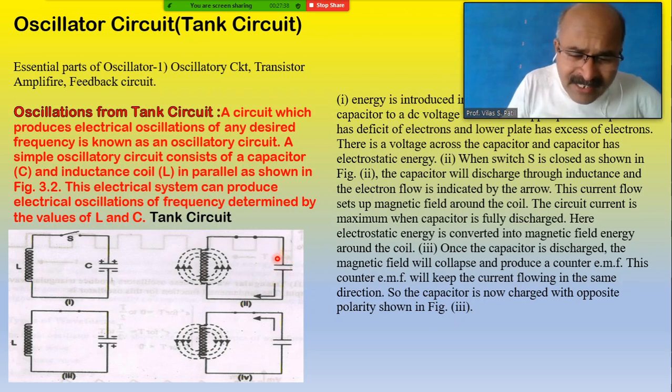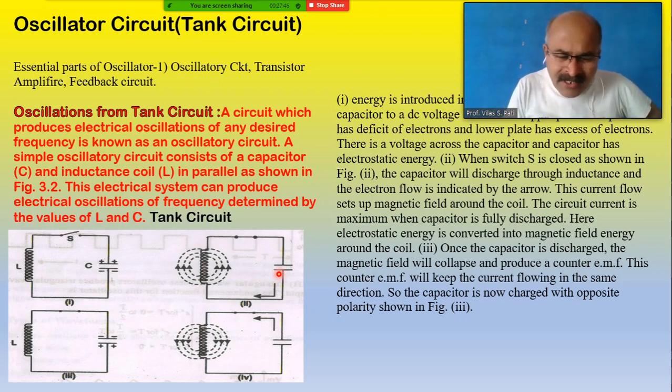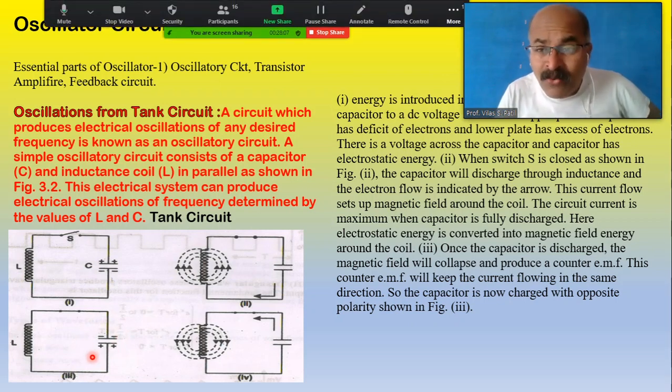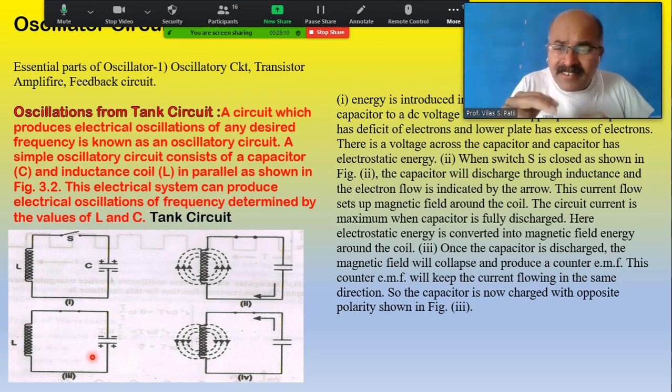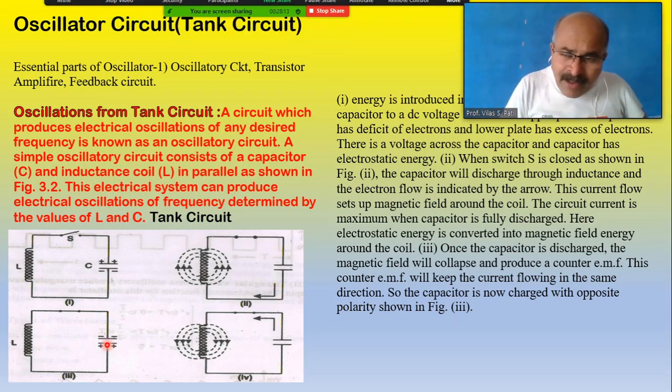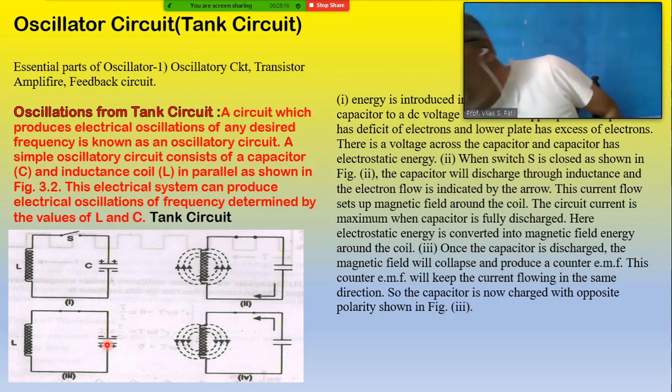And while charging, the negative charge will be at the upper plate, and the lower plate will be positively charged. Means the upper plate of the capacitor will be negatively charged, and the lower plate of the capacitor will be positively charged. That will be shown in diagram third. And here, as the magnetic flux reduces, the electrostatic energy across the capacitor increases, and the capacitor charges in opposite polarity. Opposite polarity means